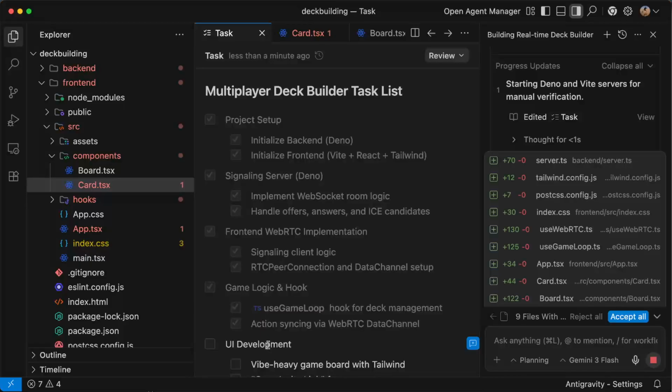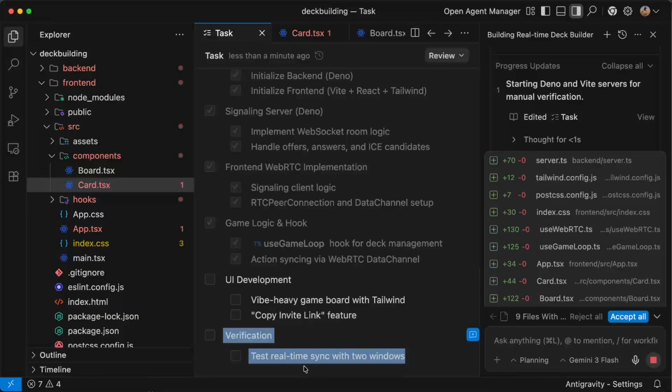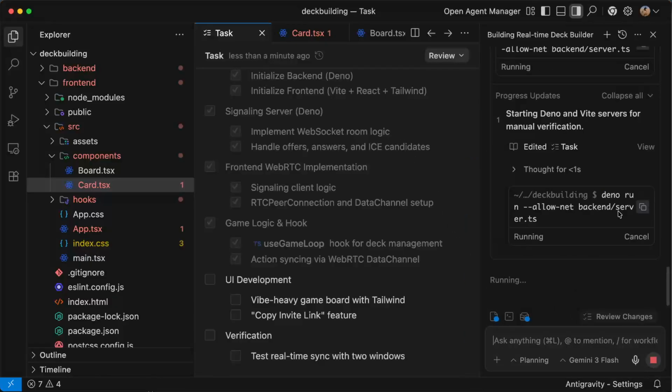But here you see UI development. So he did now all these tasks, and then here you see UI development, vibe, heavy game board with Tailwind, copy invite link feature, and then verification, test real-time sync with two windows. And you need to know that Antigravity can very easily verify things. Of course, like I said before, we need to look into